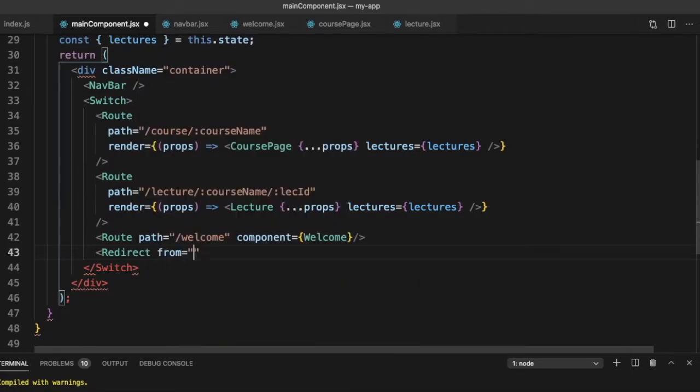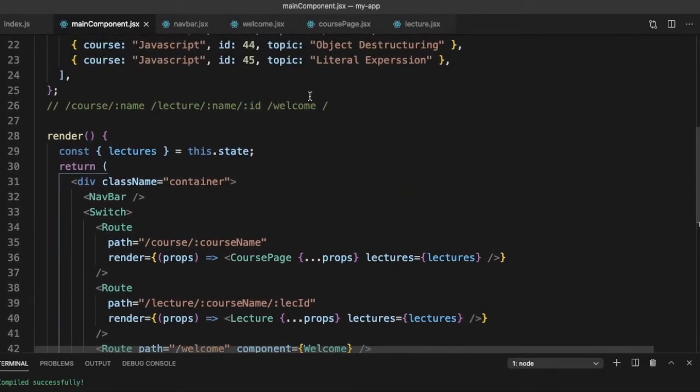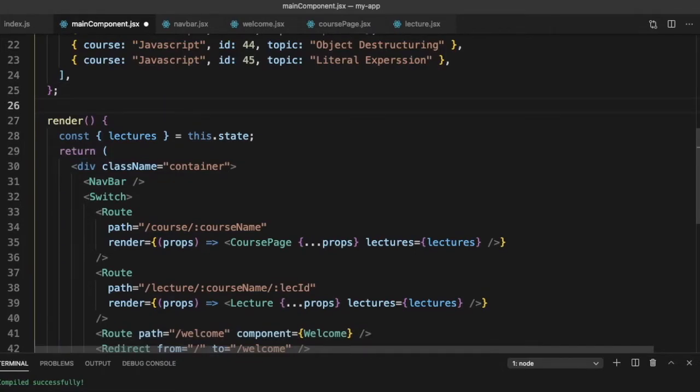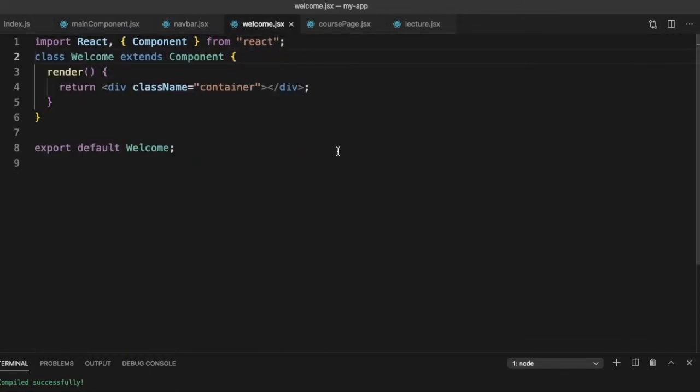From is equal to slash, and to is equal to slash welcome. So let me delete this now. So this should create our main component. Let's go ahead and implement our welcome. So in the welcome, what do we need to do? We will just show a welcome message.